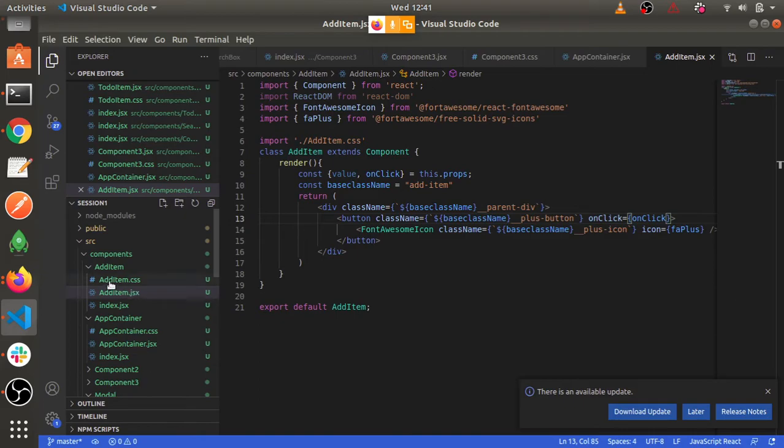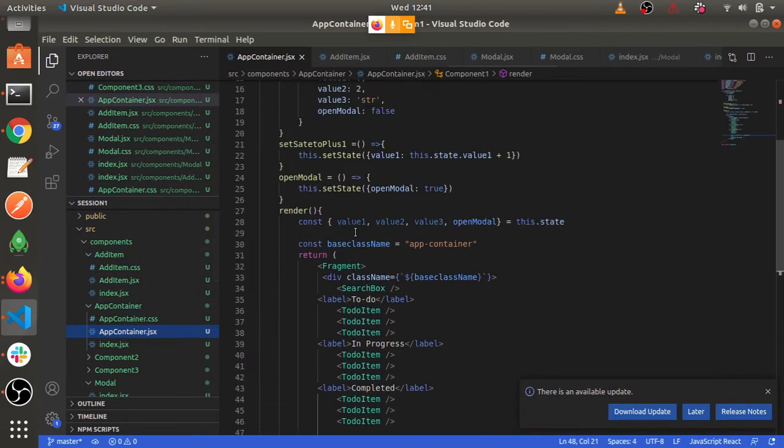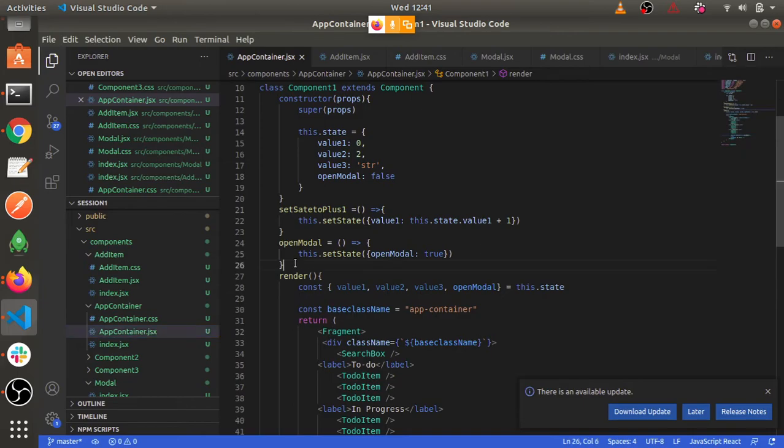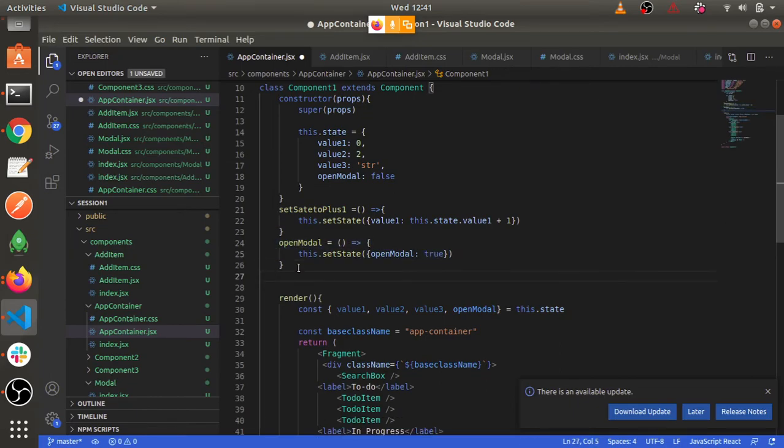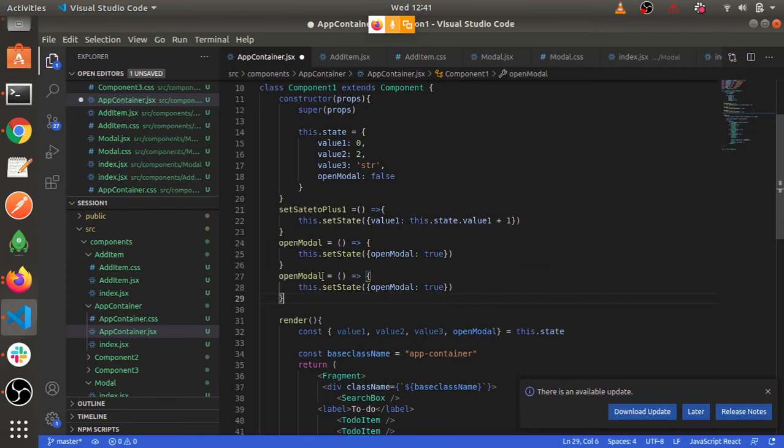So I'll go to the app container. You can see I'm trying to write all the actions, means all the basically major tasks in the app container. I'm not doing that inside the presentational components. I will always try to avoid that unless and until that is necessary, right?